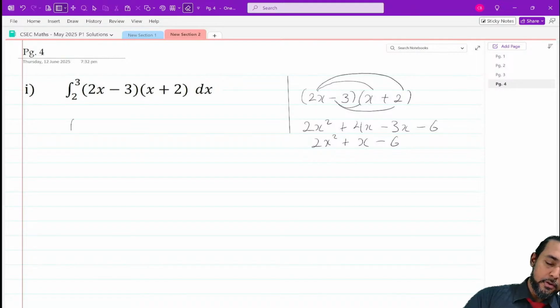So now, when you're integrating, you'll integrate that expression, 2x squared plus x minus 6, sorry,